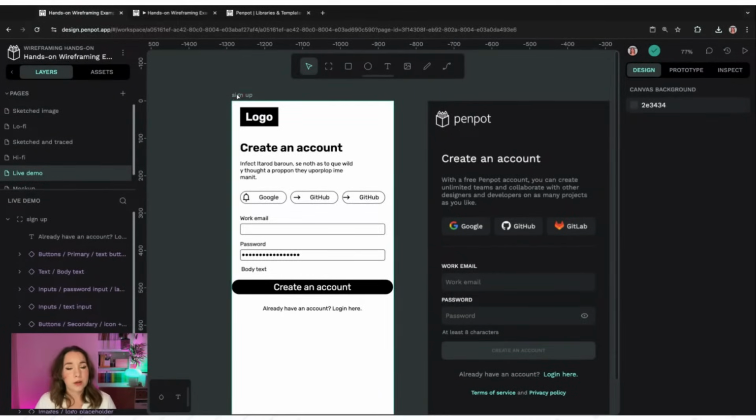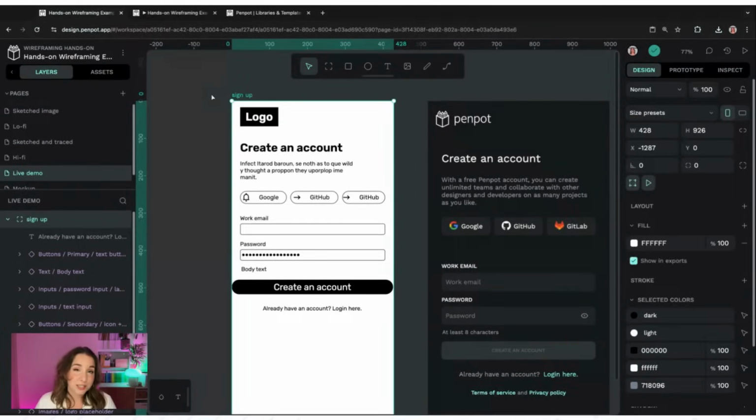Now, for one, if you're working in Penpot, you can invite them to your team and they can just jump in and see the file. You can even work on the file together with multiplayer. So that's probably the ideal way, working with your team if you've got anyone else who might want to work alongside you. If you want to share it with someone who is not necessarily on your team,